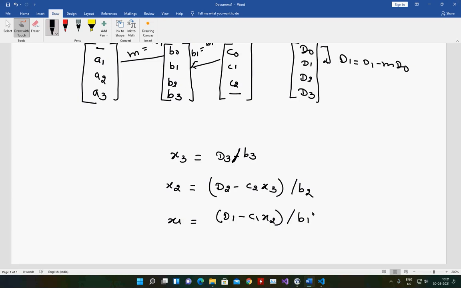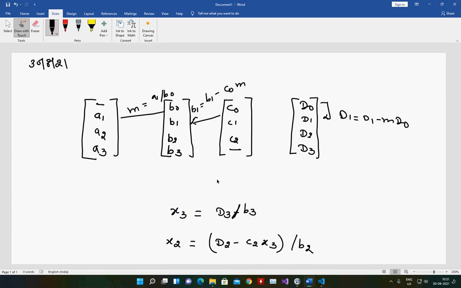Okay, so let's try to write these three formulas.